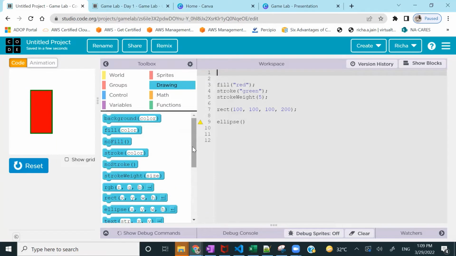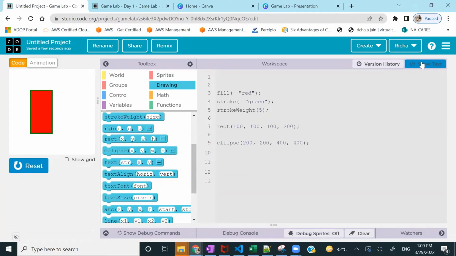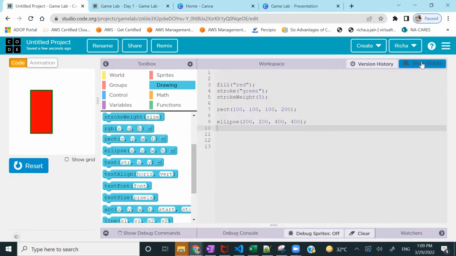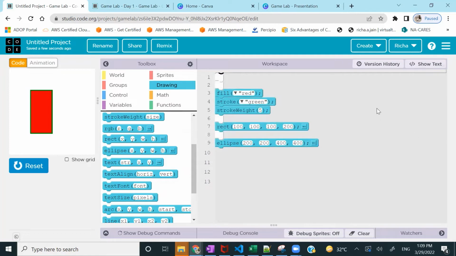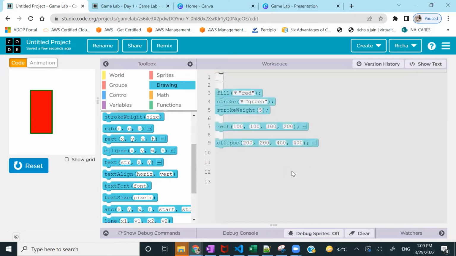You can use rectangle from here, and ellipse also here. So for a change, let me pull the ellipse from here like this, okay? And you can also switch between show blocks or show just text using this toggle button.